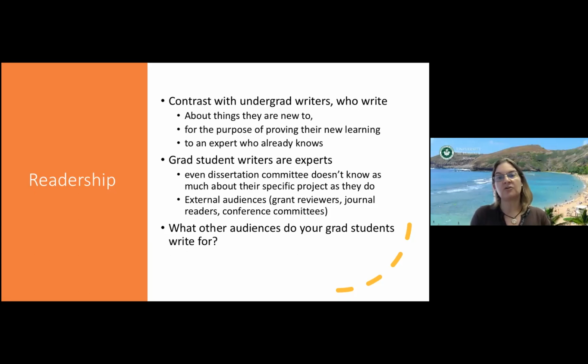There's also these external audiences. Undergrads rarely write for anybody other than their professors. But grad students actually need to write for a lot of people. Grants, anytime they're applying for some sort of a grant, there's a committee of unknown grant readers that they have to be writing for. Conferences, we hope our grad students are presenting at conferences, so they need to be writing these abstracts aimed at whoever the reviewers are for the conference. Same with journals. If your grad students actually are writing articles that are going to peer-reviewed journals, they need to be thinking about that.